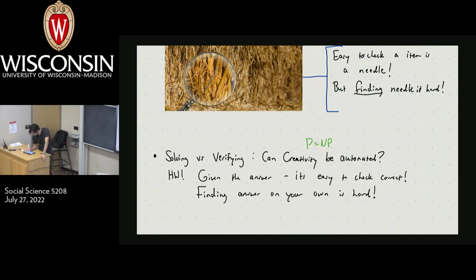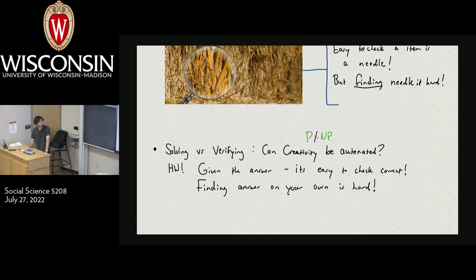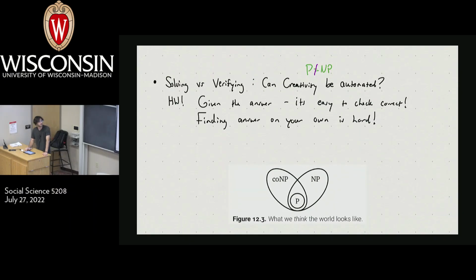But most people don't think P equals NP. So in particular, most researchers think this is what it looks like. You have P, the easy problems, somewhere inside the intersection of co-NP and NP, and P and NP are strictly different. So co-NP is like the opposite of NP. Instead of checking easily that a yes answer is correct, it's checking easily that a no answer is a no,